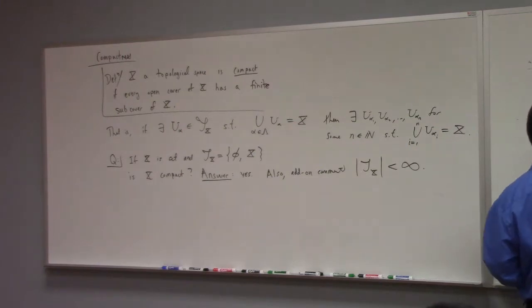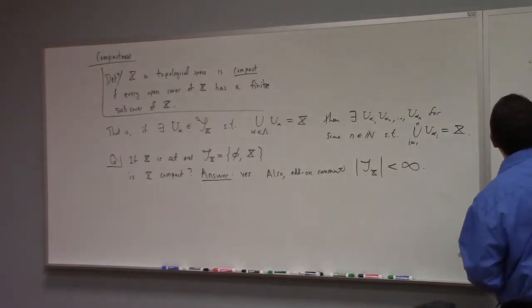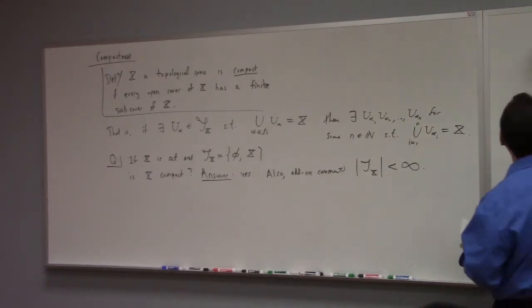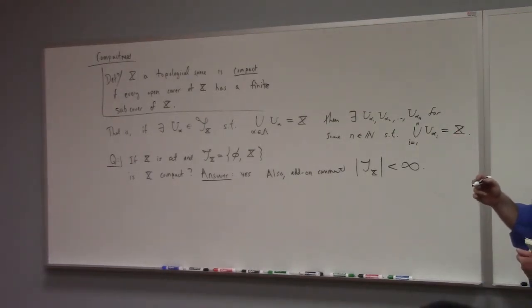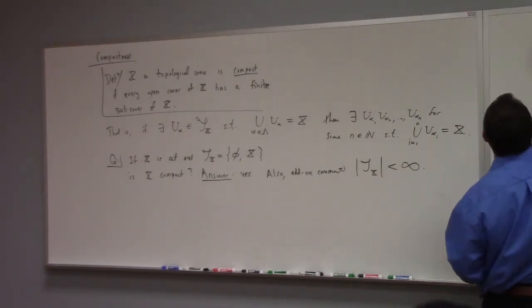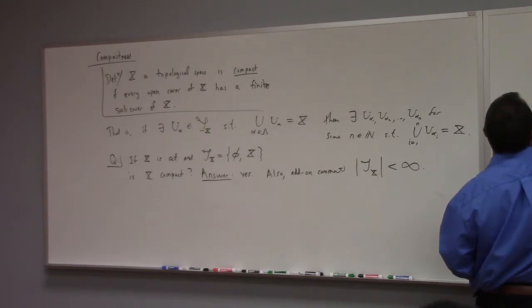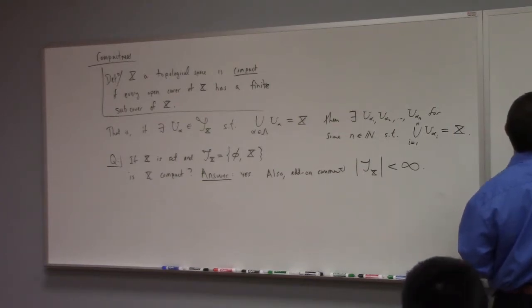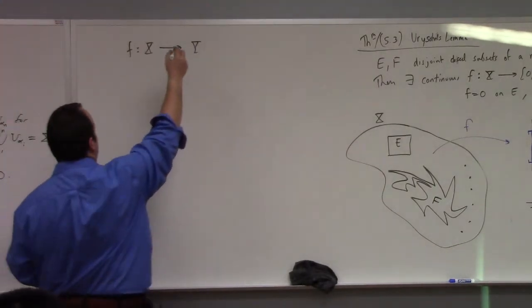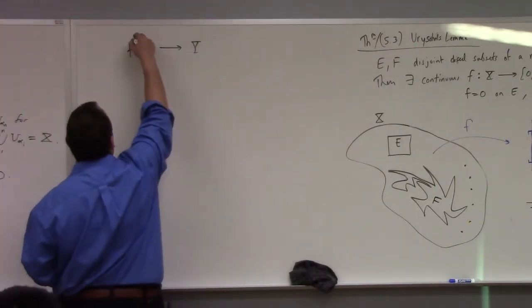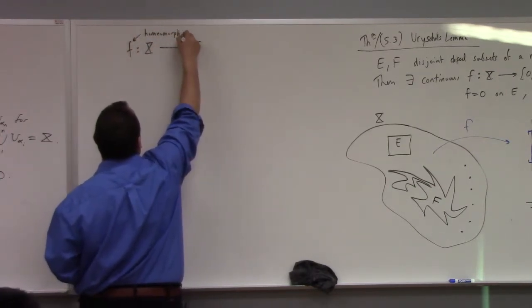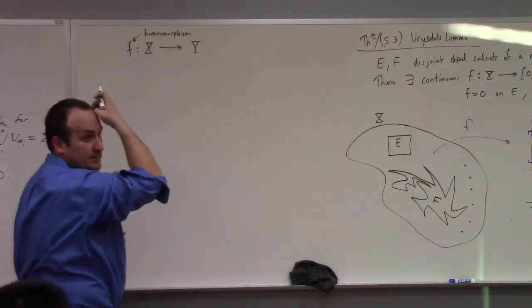Lemma 5.2 is really not the kind of detail I was trying to get into in that section. If I was getting into the details, I would have needed it. So if f goes from X to Y, suppose that's a homeomorphism, then